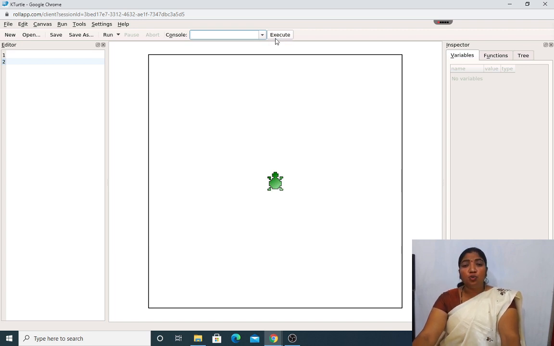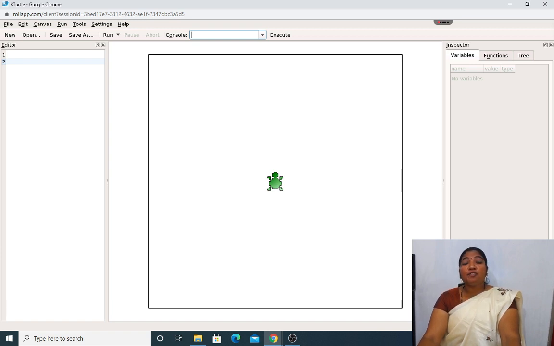Apart from this, you have the status bar. Just see here, my dear students, where I am placing this cursor. The status bar is present at the bottom of the screen. It contains the information about the KTurtle editor, and it also specifies the language. What is the meaning of this? There are totally many languages, but the one we are preferring is English.